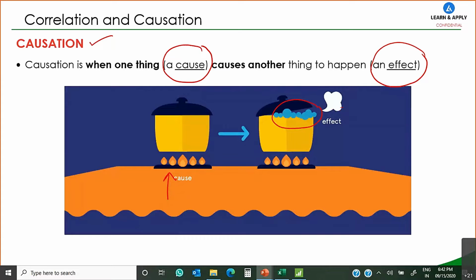So it is very important that when you are going to see the relationship between two variables, please understand whether there is a correlation or causation. If there is a correlation, try to identify the factors which are actually providing causation so that we can have a perfect root cause analysis.